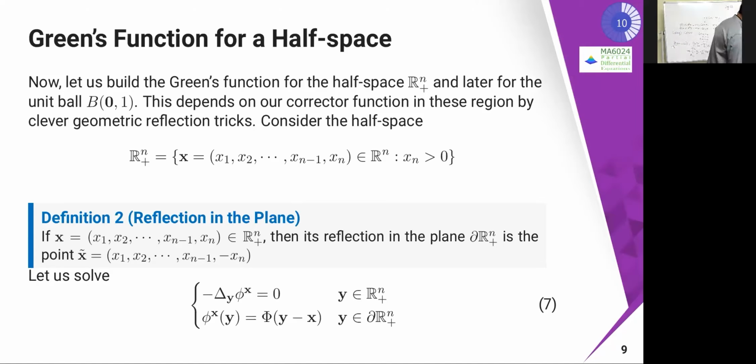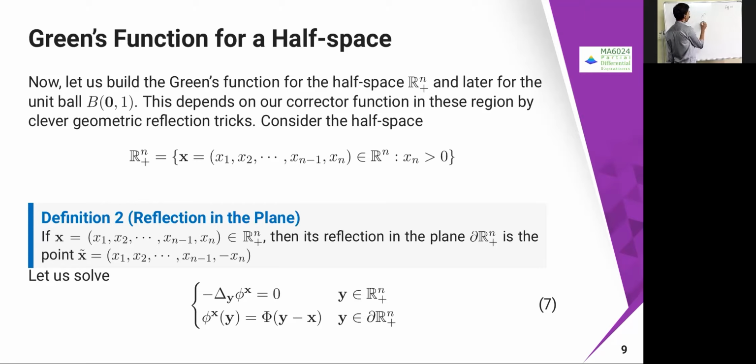Now what we have is something called Poisson's formula for the half space. A similar technique was applied in the wave equation, where we solved the problem for odd cases, and from there we projected it to the even cases. The same case is over here. We are going to define a reflection in a plane. In R we know how to define this, or in Rn we know how to define it.